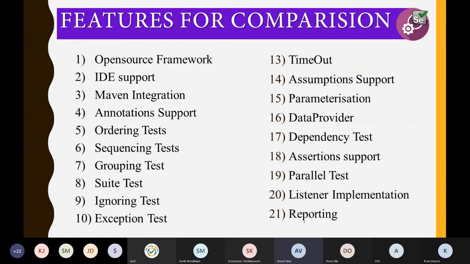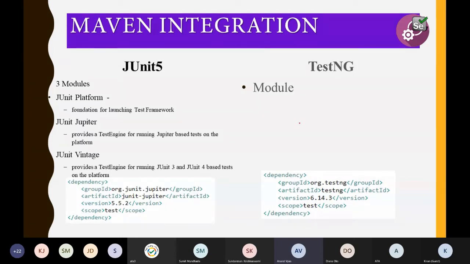And reporting, yeah, TestNG has got its own HTML reporting, which can be provided, but it can be clubbed with extent report. So, moving further, my first point of comparison was Maven integration. So Maven integration,